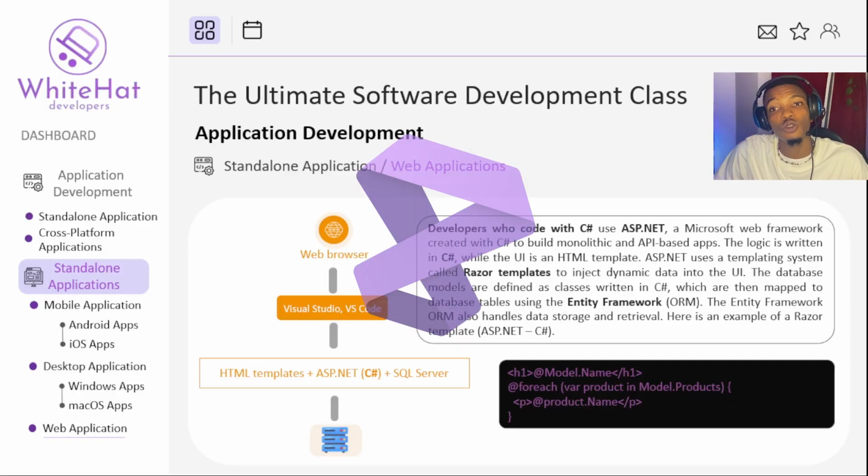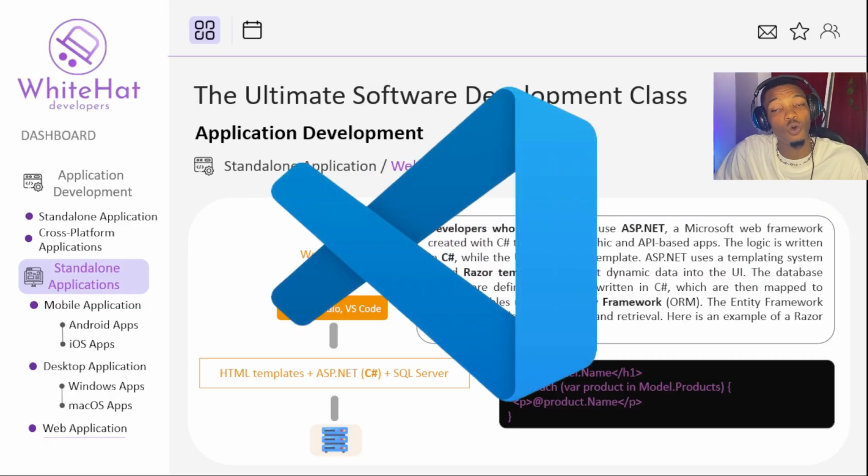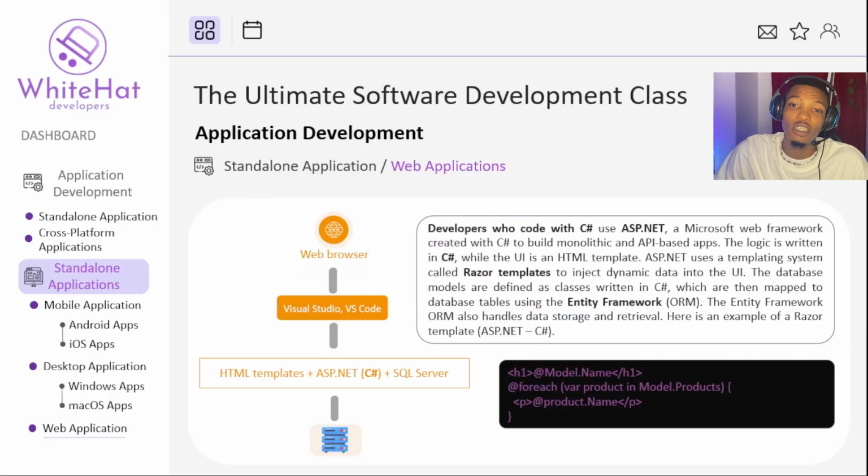Also note that Visual Studio IDE is different from Visual Studio Code IDE. Visual Studio is a full-featured integrated development environment designed for professional developers working on complex applications, particularly those using .NET technologies, offering advanced debugging, profiling, and project management tools. While Visual Studio Code is a lightweight open source code editor that is more flexible and extensible, ideal for quick coding tasks and smaller projects across various programming languages, focusing on speed and simplicity without the extensive features of a full